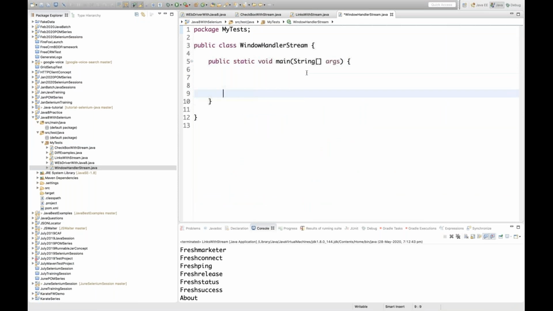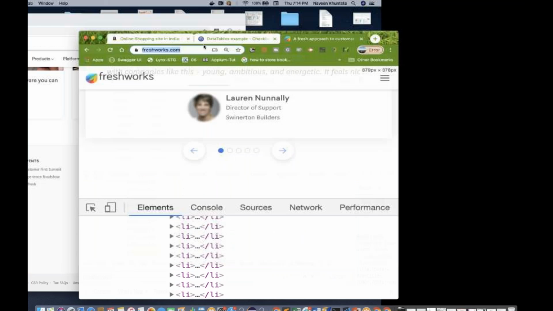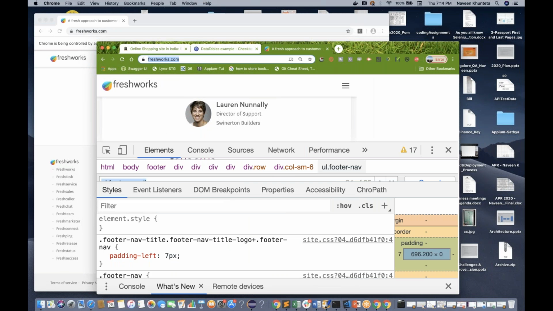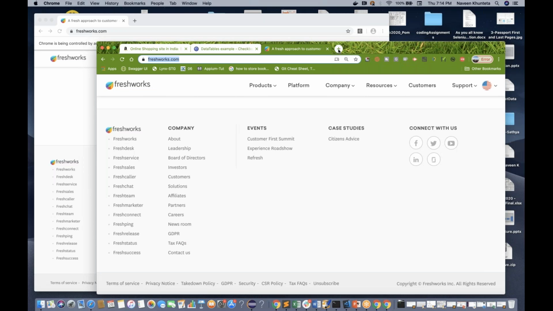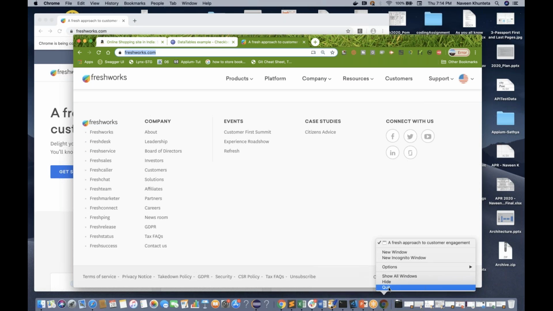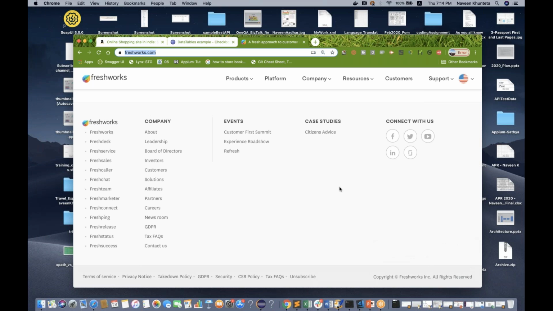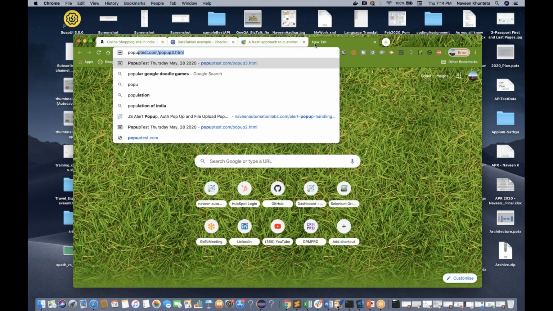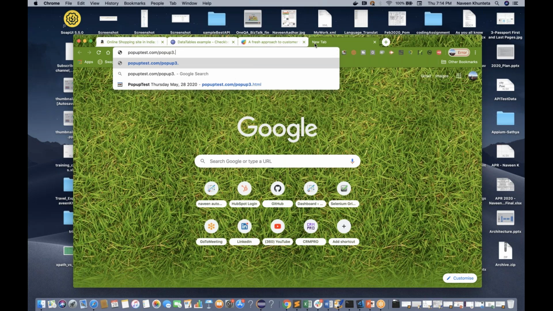I have one URL with me, I'll show you. Just a second, let me close this one, let me close all these. Okay, I have one URL, just a second, let me check whether it is there or not. Yeah, this popuptest.com, and then you simply write